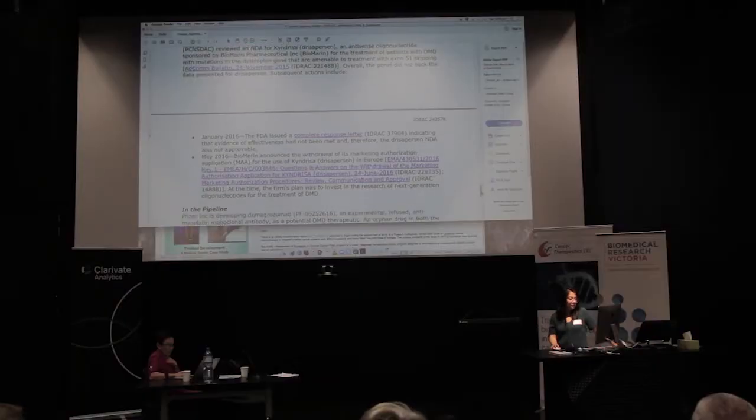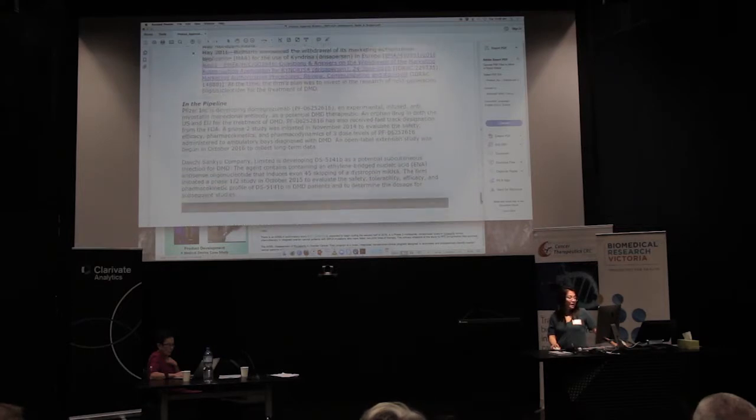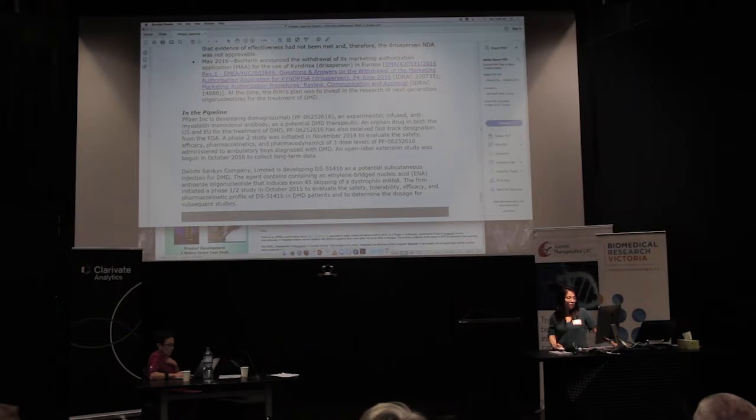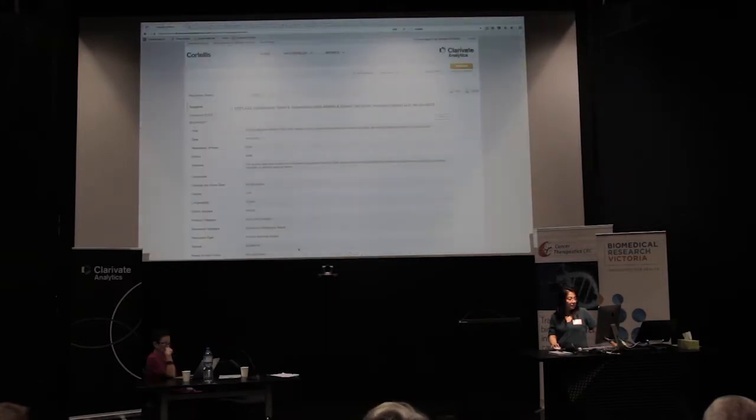But that can give you an idea of the context of that drug in the current medical landscape, and you can also see what's in the pipeline as well, so what might be coming out. So Pfizer has an experimental antibody, and also Daiichi Sankyo have another drug, but that's in quite early stages, so phase 1 to 2. So that's the product approval bulletin for Emflaza,